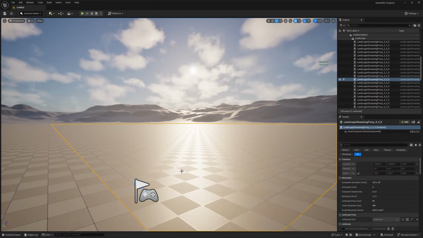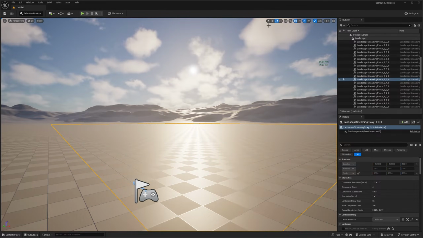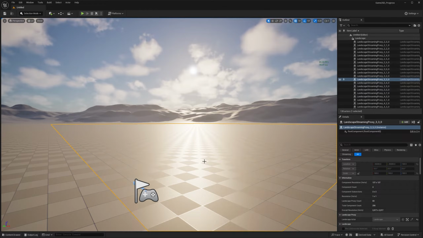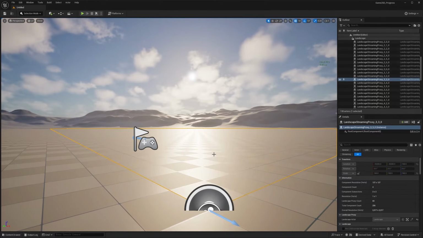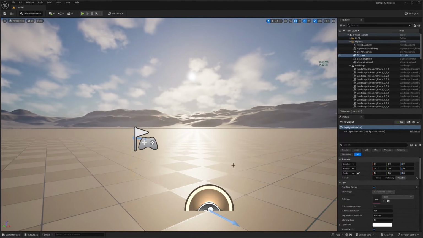Now that we understand how to change the way the viewports display and navigate through the viewport, the next thing I'm going to talk about is in the top right, all these cool buttons that you see here. This is very straightforward. If you hover over one, Unreal is going to tell you exactly what it is. So if you press Q, remember, if I right click and press Q, I go up. But if I don't right click and I just press Q, I can see that I can select assets. So Q is my select action.